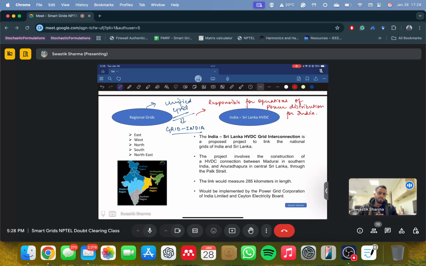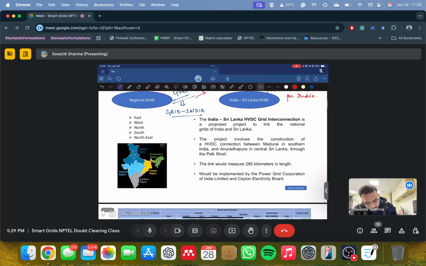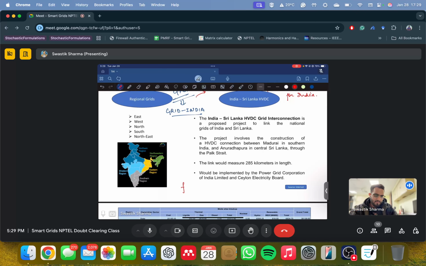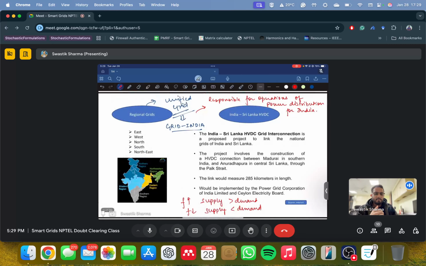So it is responsible to manage the supply and demand balance. It has to maintain that balance, because if it does not happen, the frequency is inadvertently affected. The frequency is very closely linked to how your supply and demand goes. Frequency increases if supply is greater than demand, and decreases if supply is less than demand, right? So you need to make sure that supply and demand are completely balanced so that the frequency does not go beyond a certain operating range.